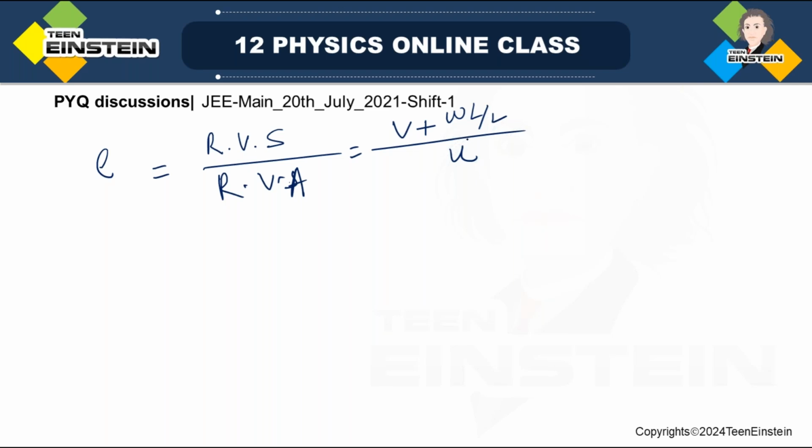So the relative velocity of separation is this much, and this side is actually 1. So u will be equal to v plus omega L by 2, okay, and further